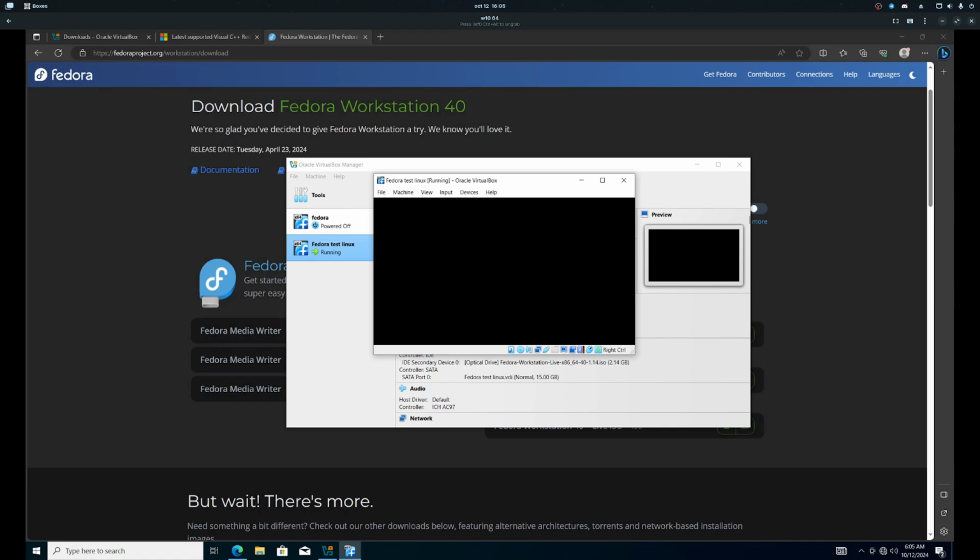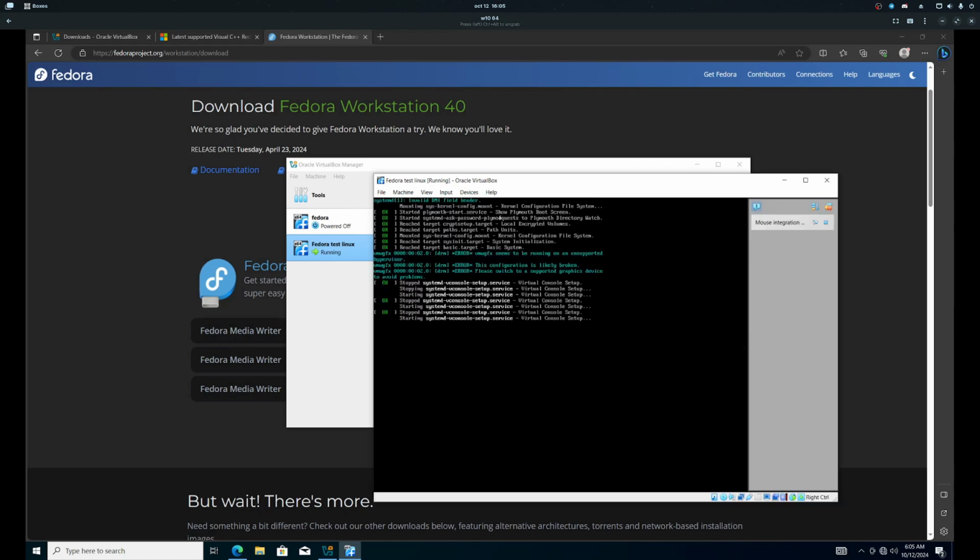In my case, it's just going to take a bit because I'm running this in another virtual machine, as I probably mentioned. So basically I'm running Windows on Linux in a virtual machine, so I can run another Linux virtual machine within that Windows session. The wonders of